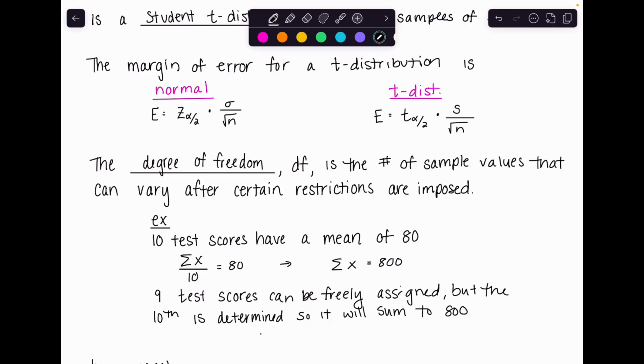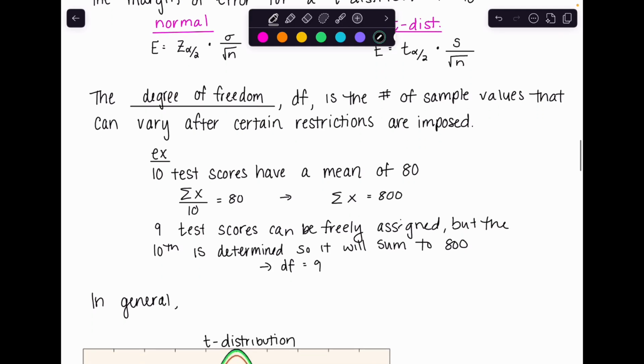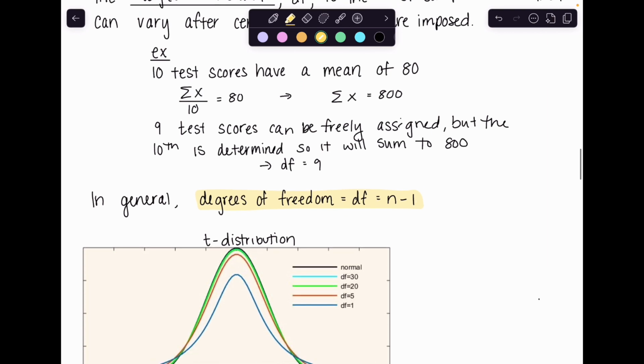This means our degrees of freedom is 9, okay, because the 10th is determined. So in general, if you want to find the degrees of freedom, it's the number in your sample minus 1, okay? All right. So to give you an idea of what this t-distribution looks like, I got a nice little picture